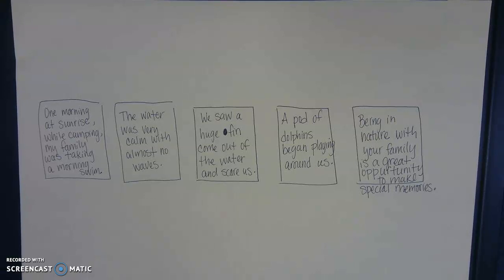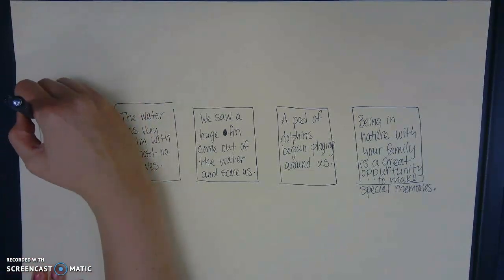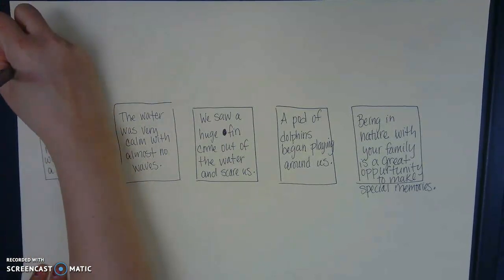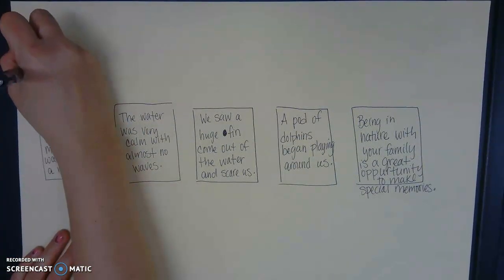You can do this with dialogue, which we haven't learned much about. You can do it with something interesting, like an interesting action happening, or feelings, or even a sound just to grab their attention. I'm going to start mine with how it felt to get into that water in the morning, the feeling. So I'm going to literally draw an arrow, because this is going to go before what I've written, because this is my introduction. This is what I want as my first sentence, so I'm going to put first, and I'm going to say, burr,